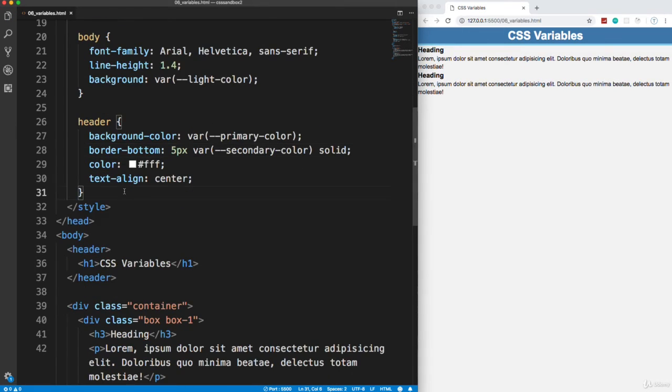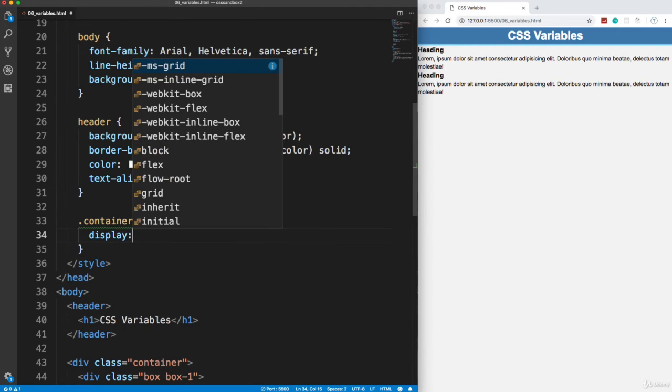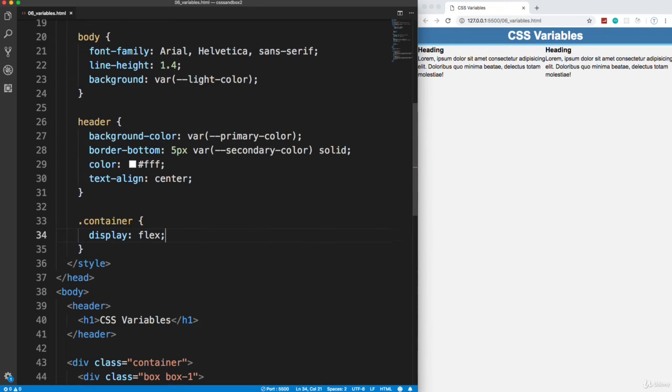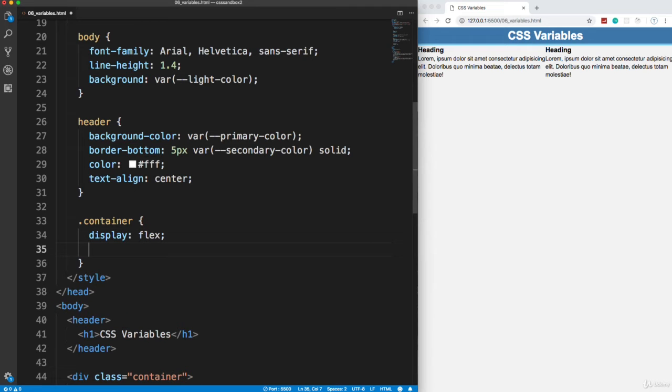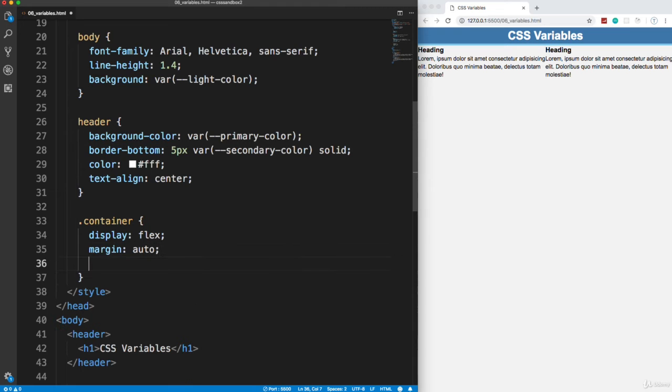All right, now let's do the container. The container is actually going to be a flex box, so we'll say display: flex. It has 2 items in it, so those are going to be side by side. And then in the container, I'm going to add, let's see, let's do margin auto, and then let's add a